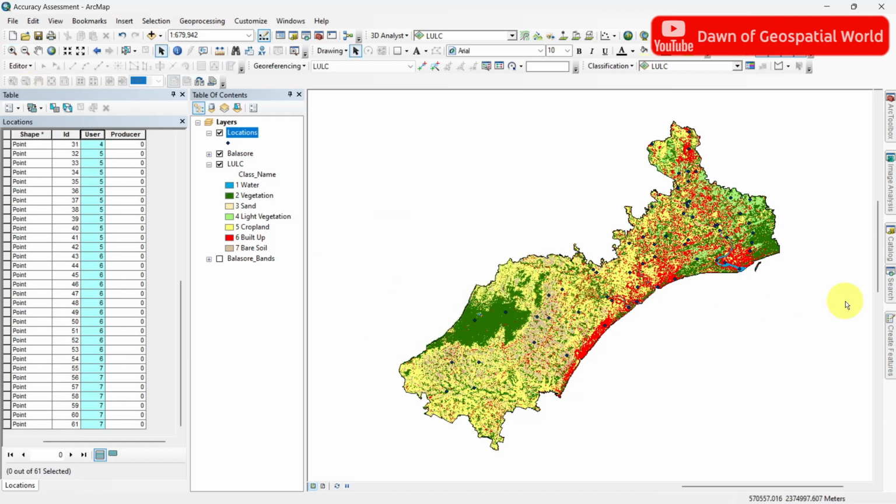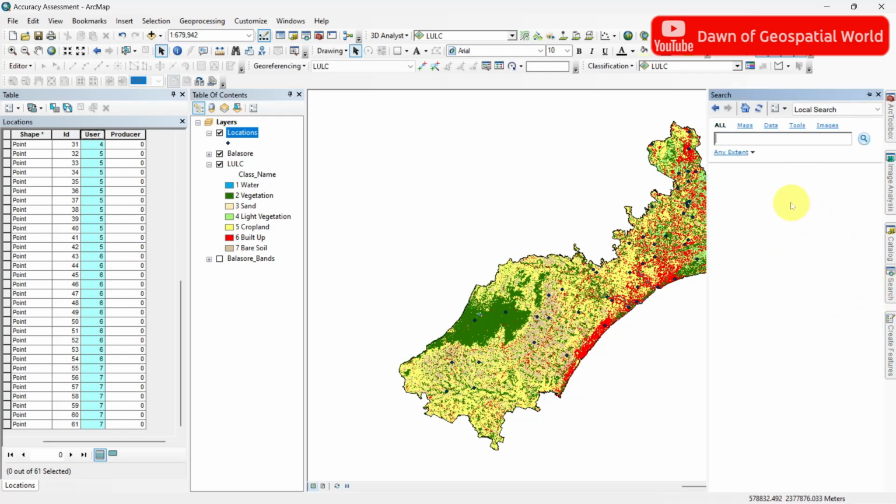For producer, you need ground truth value. So if you have ground data, then write that in producer column. Otherwise, you need help from Google Earth or Google Maps. Convert this point shapefile into KML file to open in Google Earth.